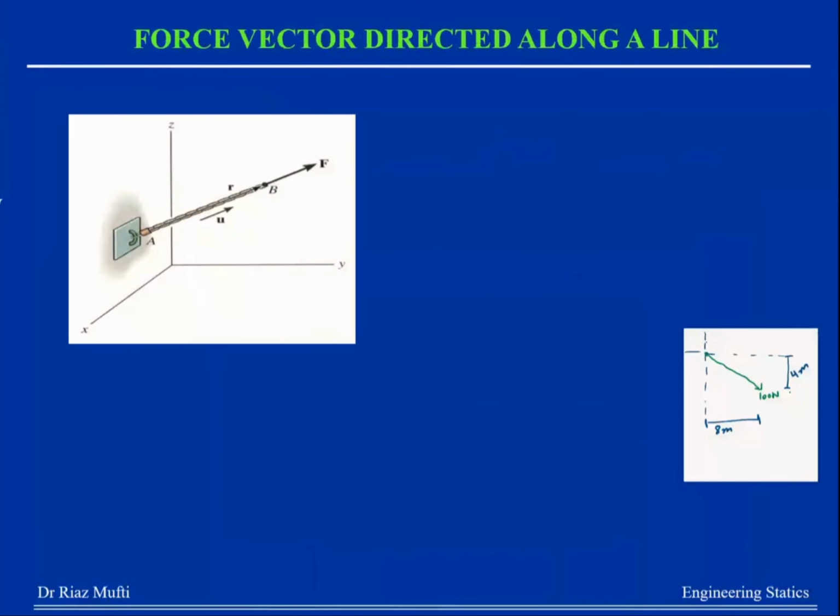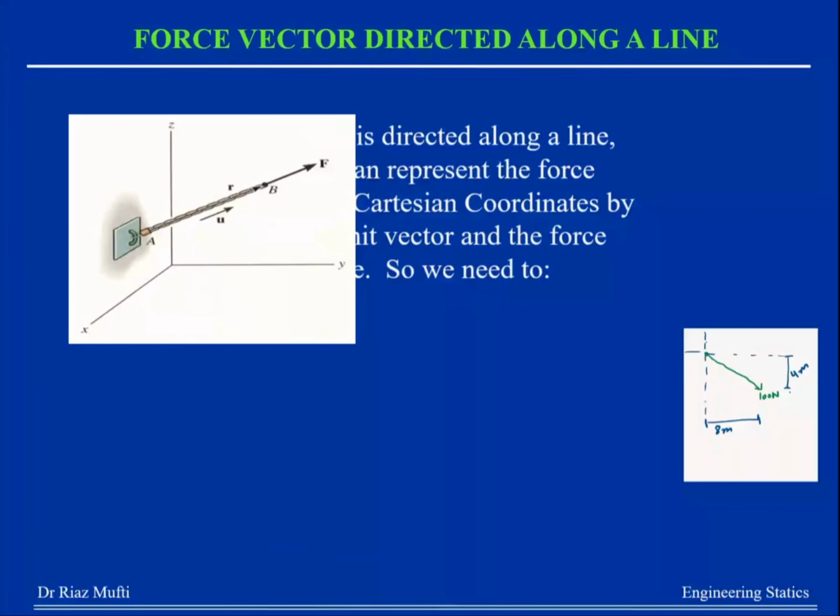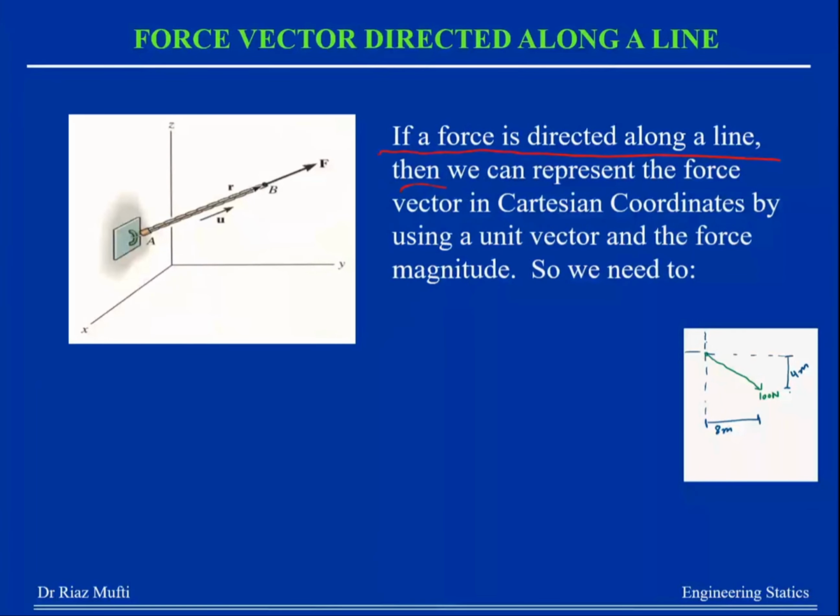Okay, so let's look at this now. This is also important. It says that if a force is directed along a line, then we can represent the force vector in Cartesian coordinates by using a unit vector and the force magnitude. So what it's saying basically, if I've